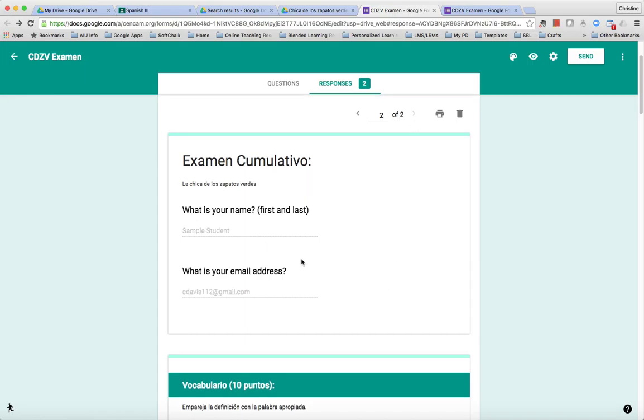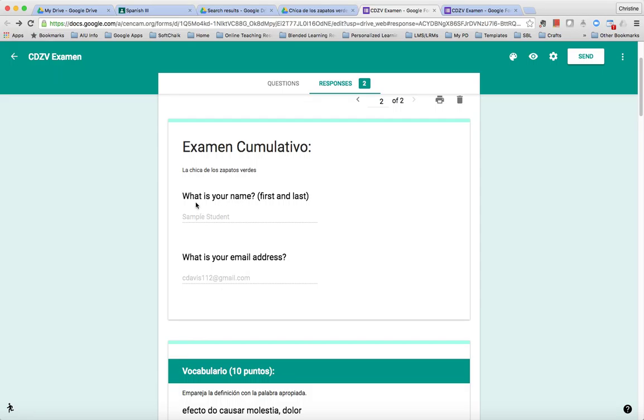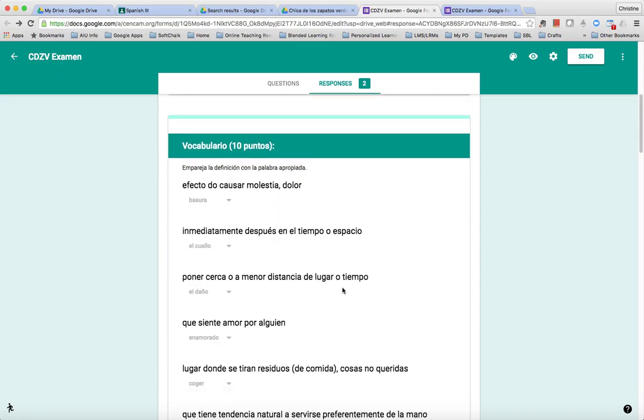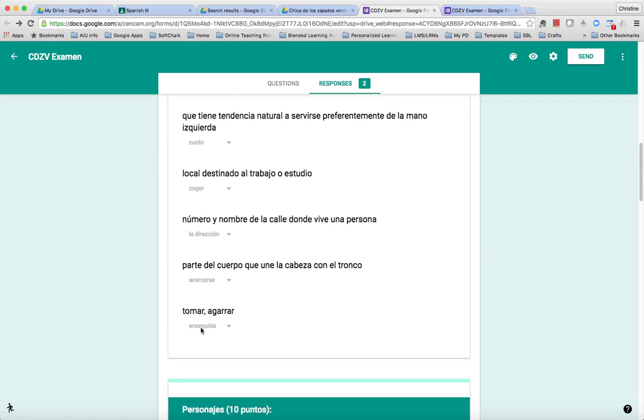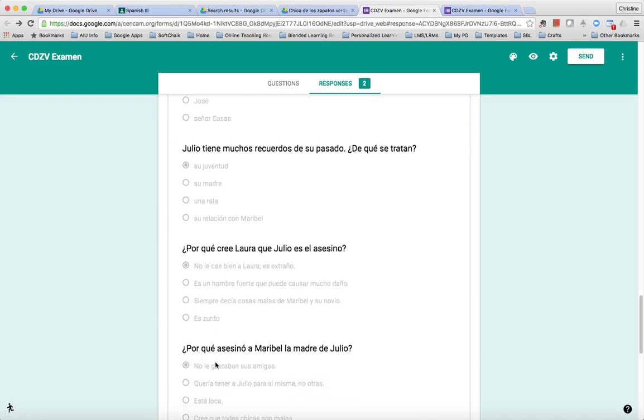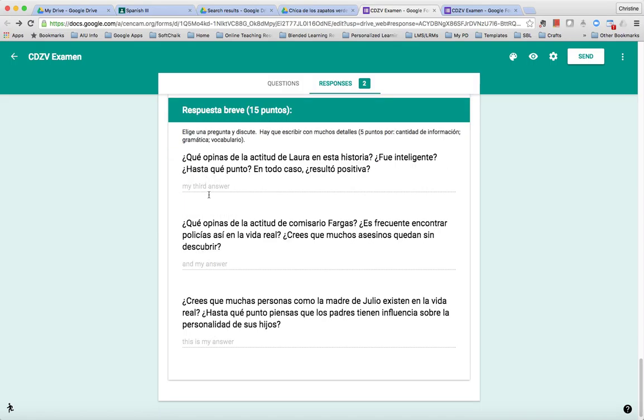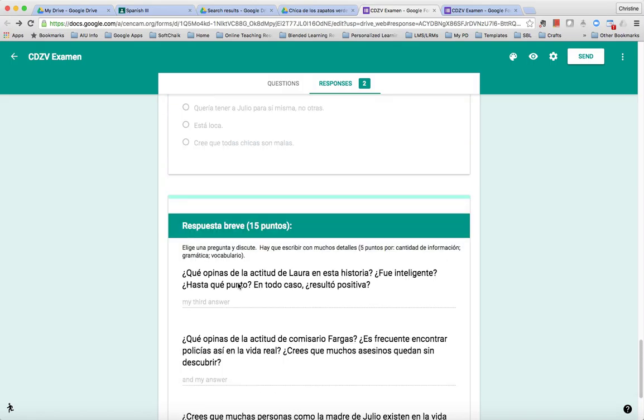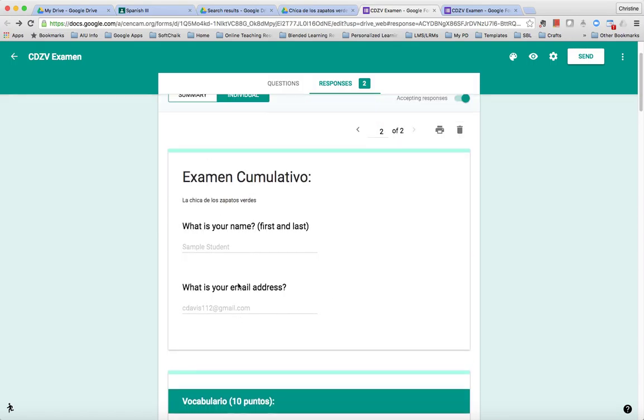So you can see here's the one that I was experimenting with. You can see the student's name. You can see all the choices the student made. And you can see for each page what selections they made or what answers they typed in. Now remember that I explained that this